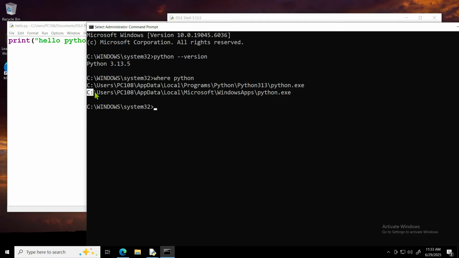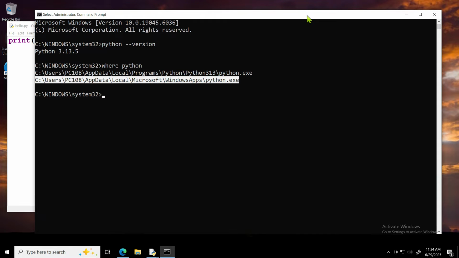Now this path you see is just a placeholder, which is added by the Microsoft Store. It would not run Python unless you install Python from the Microsoft Store, which we did not. Okay, so that's how you write your first